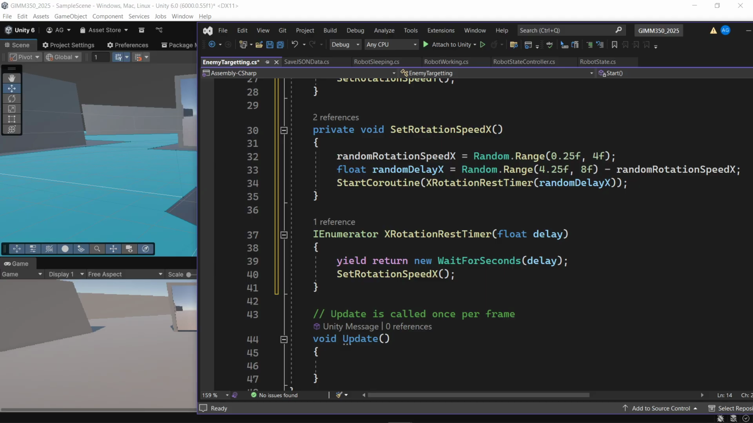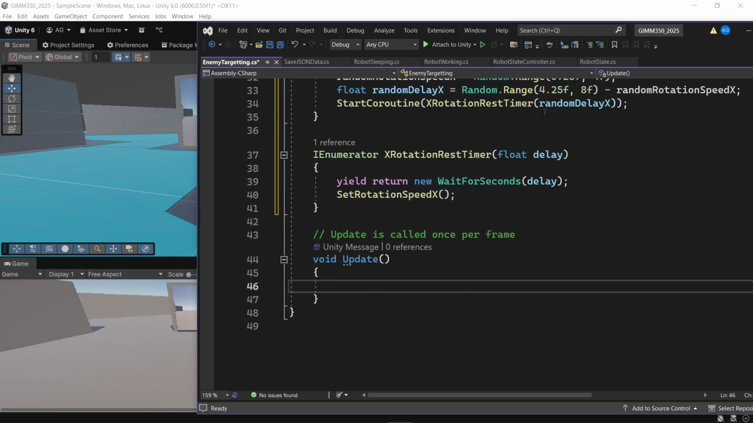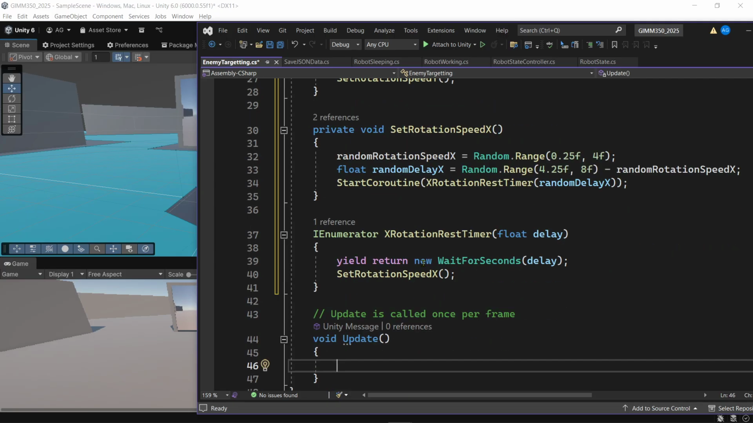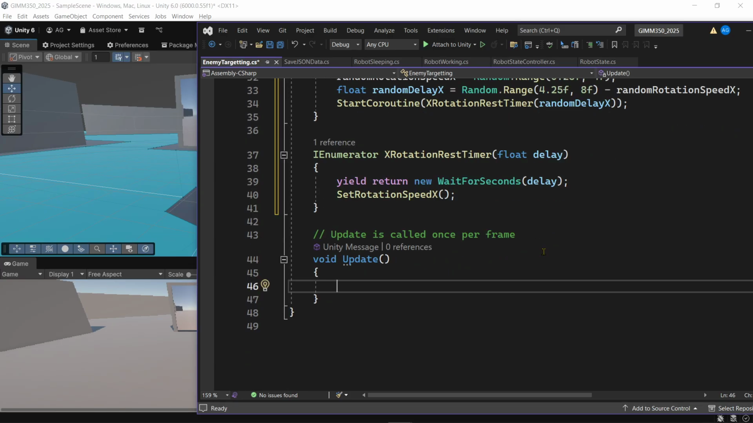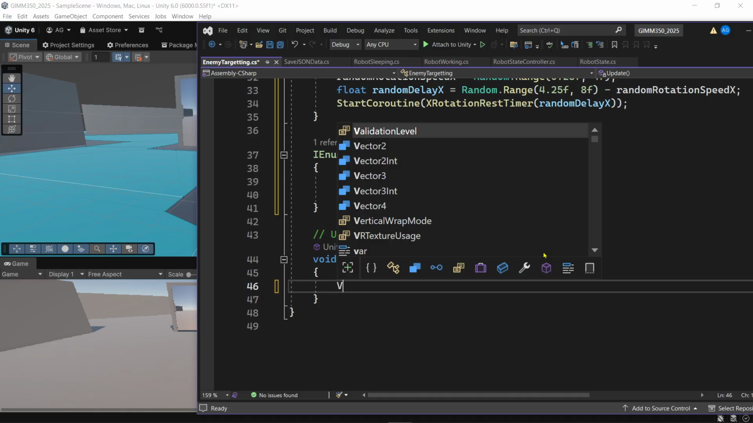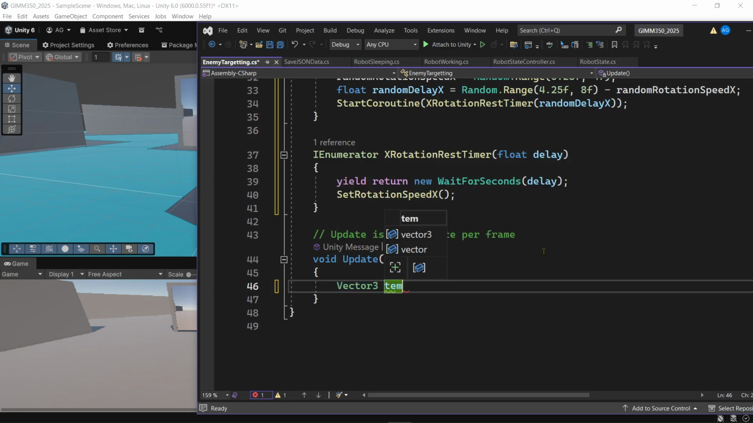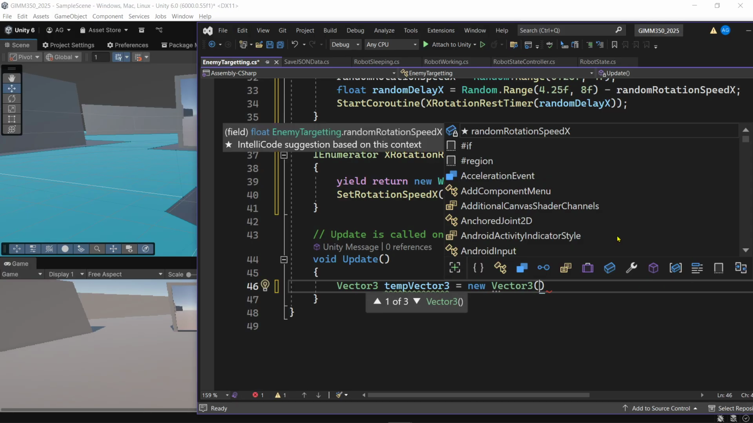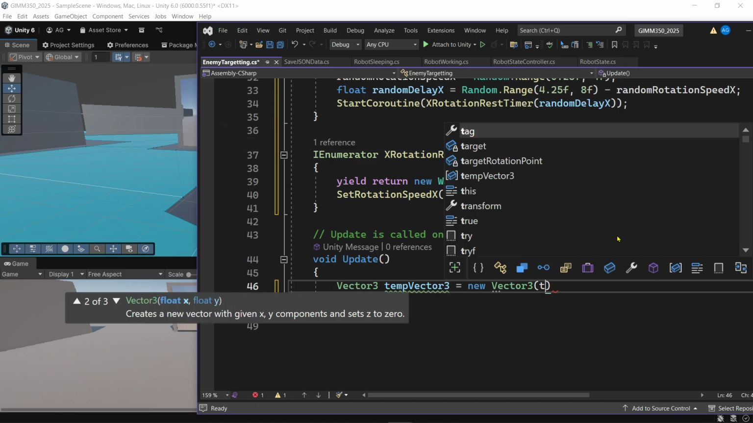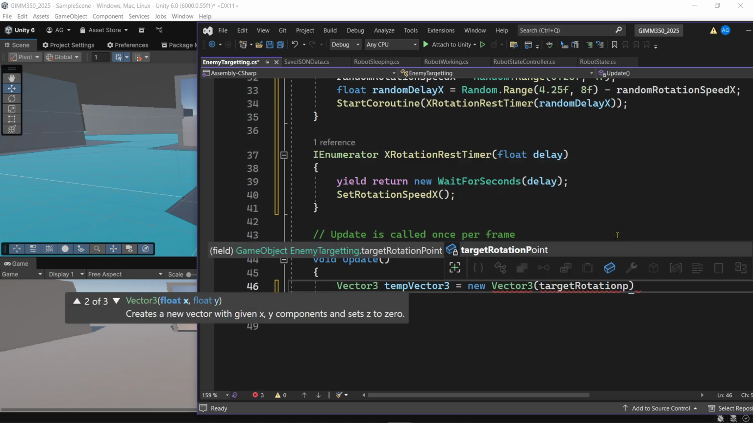Okay, so we have this going, we have this moving, it's trekking around. So where it's doing all the major lifting is in the update, right? This is just setting our speeds and the timer that we're putting those changes on. And so now we actually need to move it. So what we're going to do is we're going to start a vector 3 because it's moving in three dimensions, and we'll call this temp vector 3, and we'll say it's new vector 3, and we're going to have the target rotation point